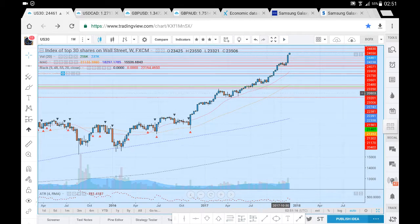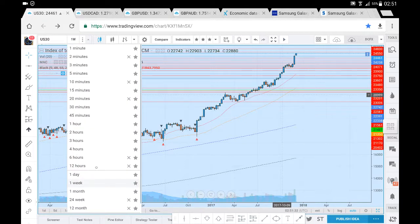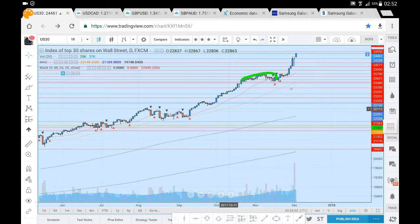But overall, let's just get the pen on here. Overall, on this weekly time frame, we are in a very strong uptrend, similar to the monthly time frame. So we've got multiple time frame alignments, in the sense of a bullish market on the US 30. So if we head over to the daily chart, as you can see, yes, as I was saying, as we can see here on this US 30 on the daily chart, we've got a brief pullback down into a 20-period